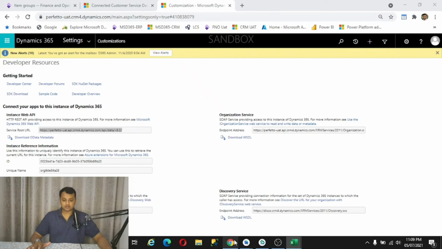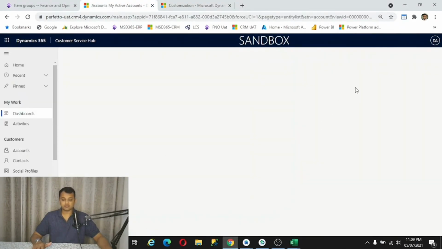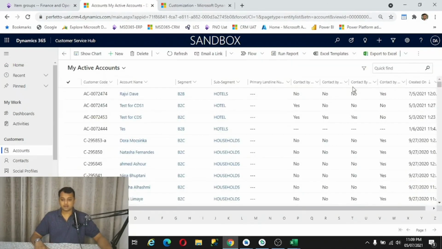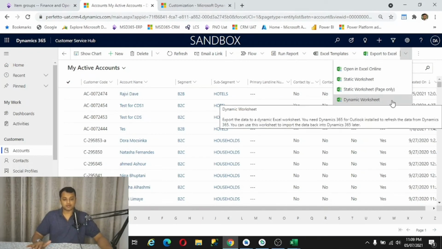To do that, we can go to accounts and click on Open in Excel Online. This will allow us to edit. Similarly, the dynamic worksheet is also available.